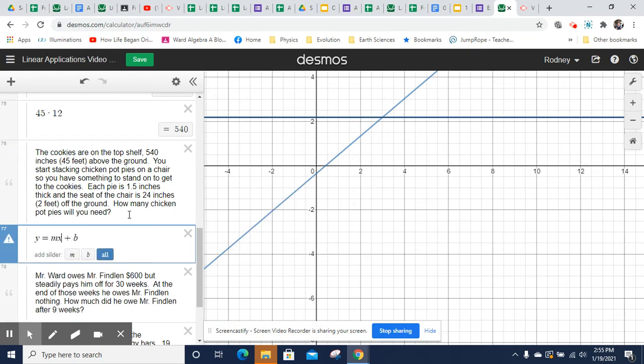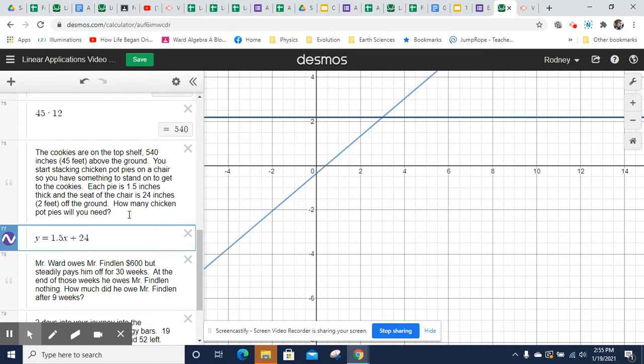And we've just worked out that the slope, the rate, is 1.5 inches, and I should have had you pause. So go ahead and pause and see if you can come up with the rest of this. So 1.5 inches per chicken pot pie plus b. What is b going to be? Hopefully you paused and you worked out that it's 24. Now see if you can work out how many chicken pot pies, which is x number of chicken pot pies, it'll take to get to these cookies that are 540 inches off the ground. You should pause and see if you can come up with that. Assuming you paused,